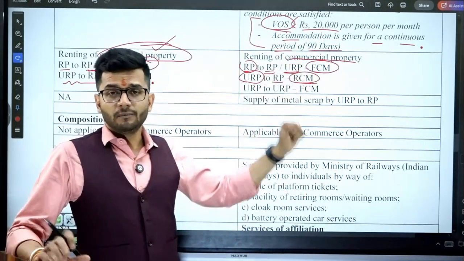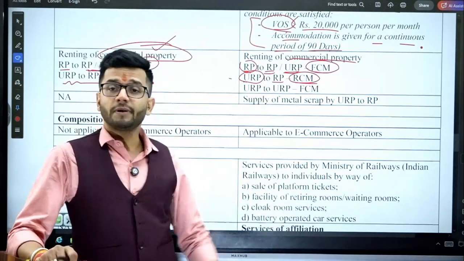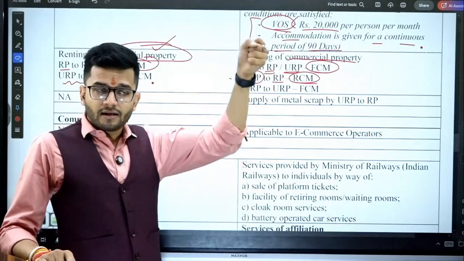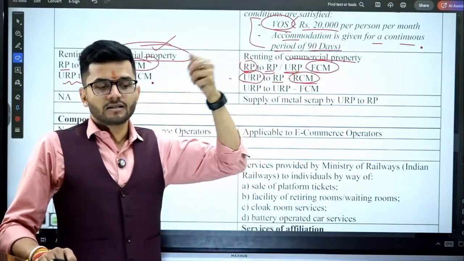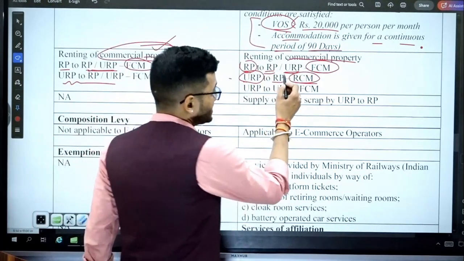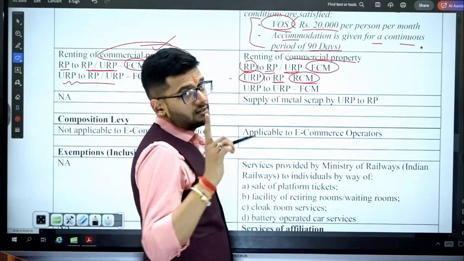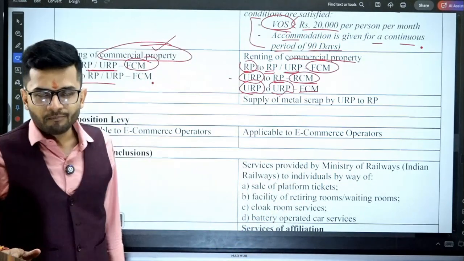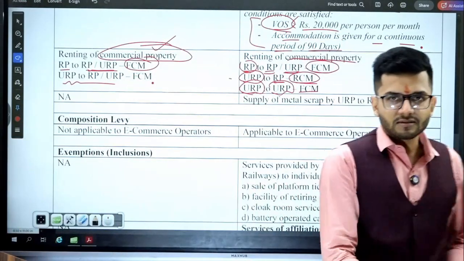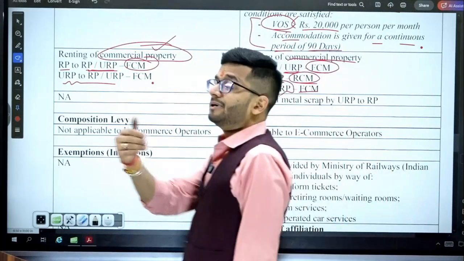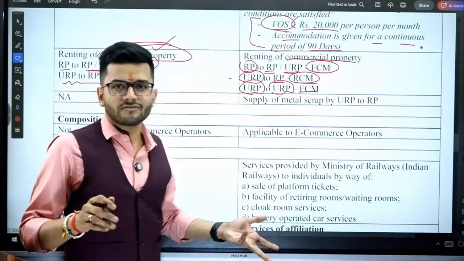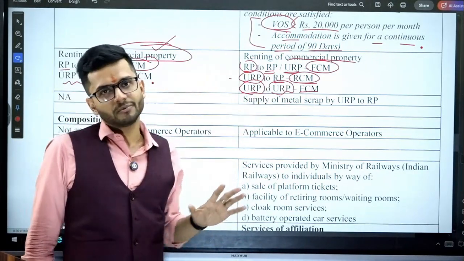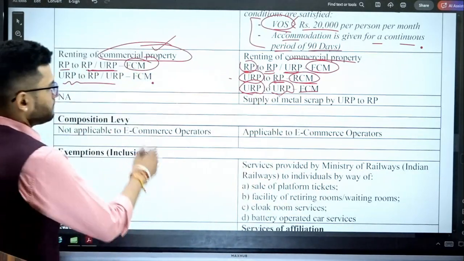Because the registered party is a fairly big party. I understand the unregistered party is a small party. That's okay. But if the registered party is strong enough to bear its own GST expenses and its own GST liability, then under RCM the registered party is required to pay taxes. And if an unregistered person is supplying to an unregistered person, then under FCM the GST provisions will apply only if the monetary limit is satisfied. If the monetary limit is not satisfied, then the tax is not levied from unregistered person to unregistered person, which is fair. Okay, sir, got it.